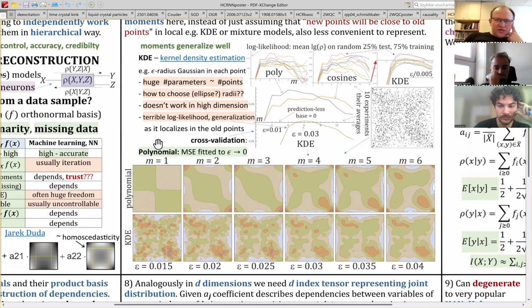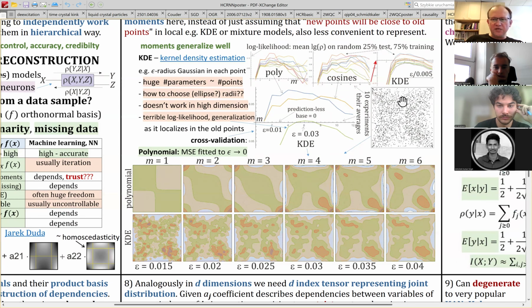So here is some comparison with a different well-known method, this kind of density estimation. So we have some points, and the question is, what is joint distribution for these points? So in current density estimation, you would say that you just put Gaussian in every point, getting this kind of joint distributions, and they depend